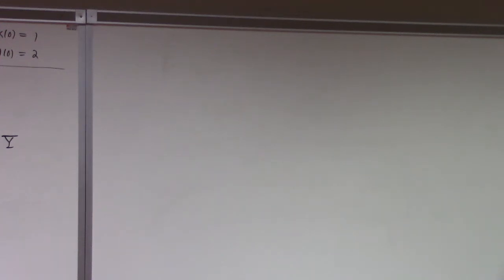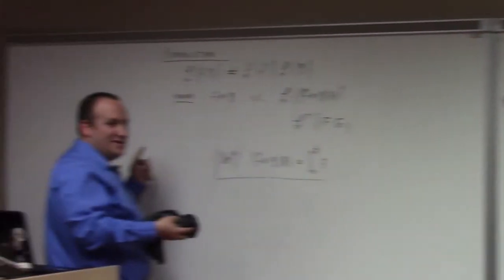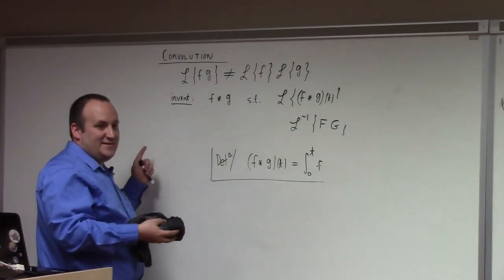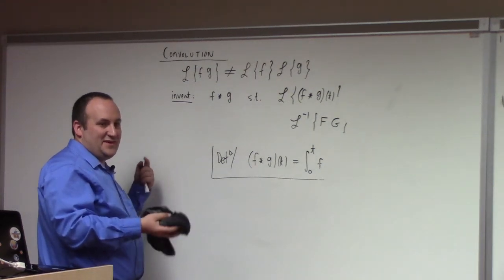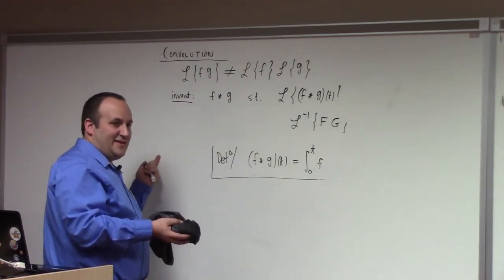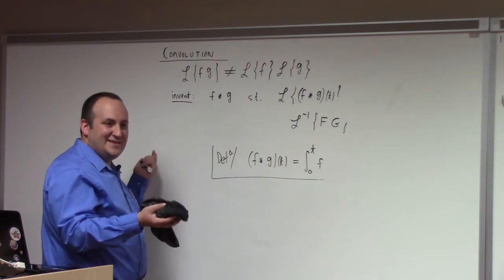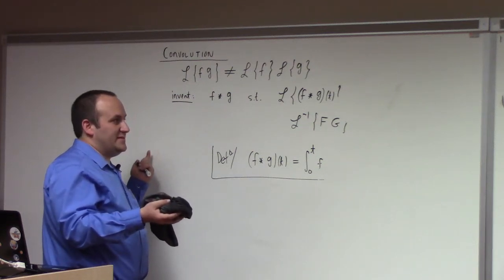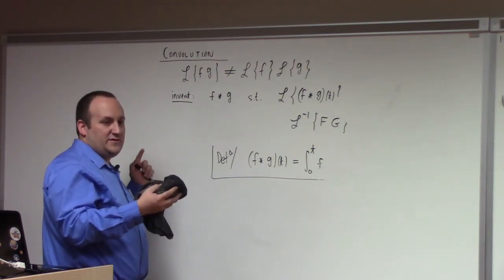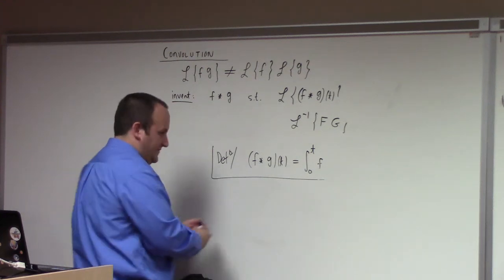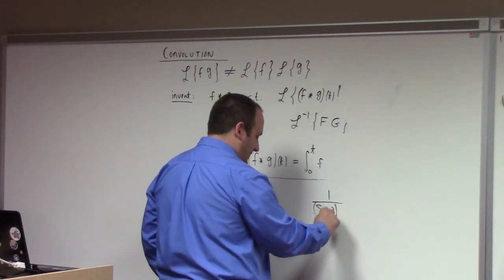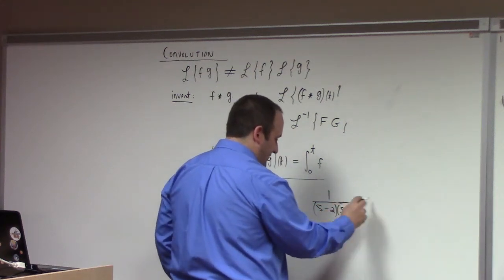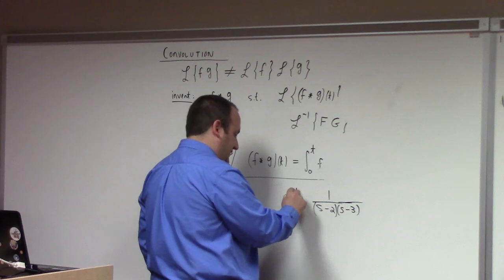By the way, I usually will say something like, if I don't want you to do convolution, I will typically include instructions like, if you use convolution, you must actually finish the integral. That's my way of saying don't use convolution here. See, because if you get carried away with convolution, you could always just use it for everything. Like, for example, here would be a misuse of convolution. If I have 1 over s minus 2 times s minus 3, and I want to take the inverse transform of this,